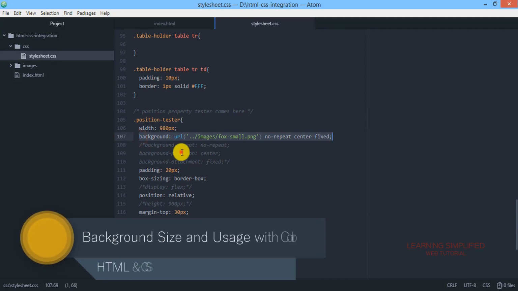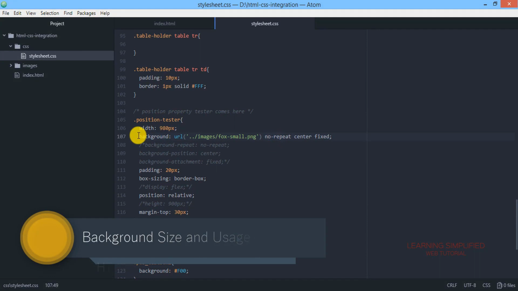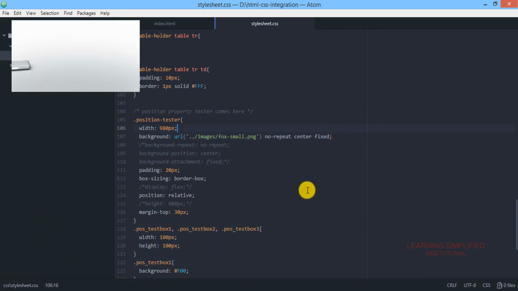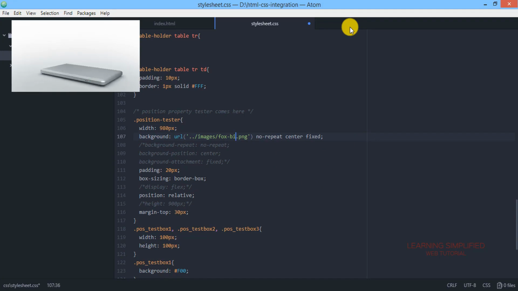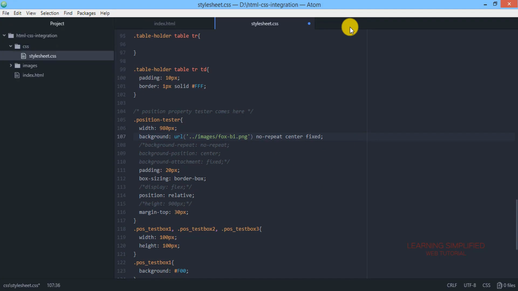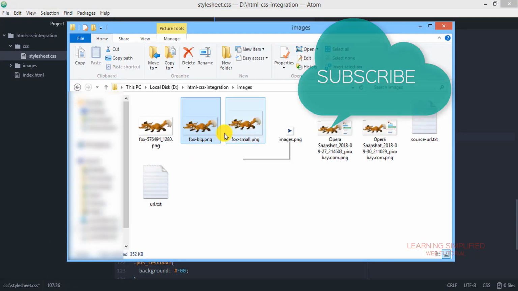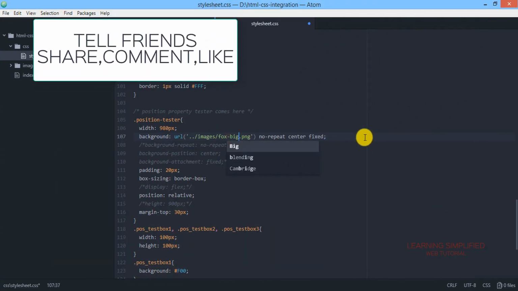implemented all these individual properties into a single place. That means we are now successful in assembling all these properties into a particular syntax. We need to make you understand about this project, and for that purpose sometimes we will be using big images and sometimes small images, as we have saved both images over here. Now we are using this foxbig.png.